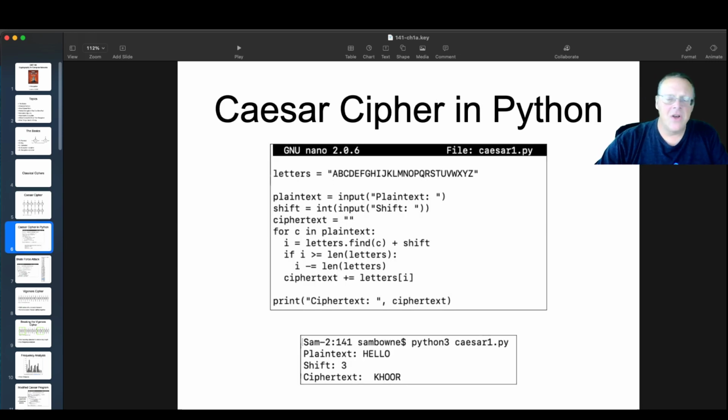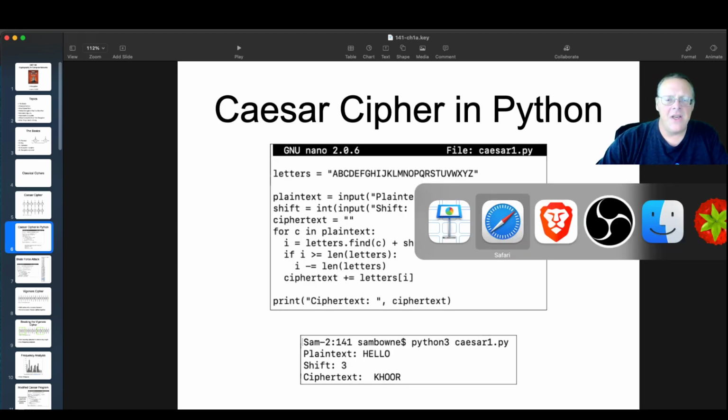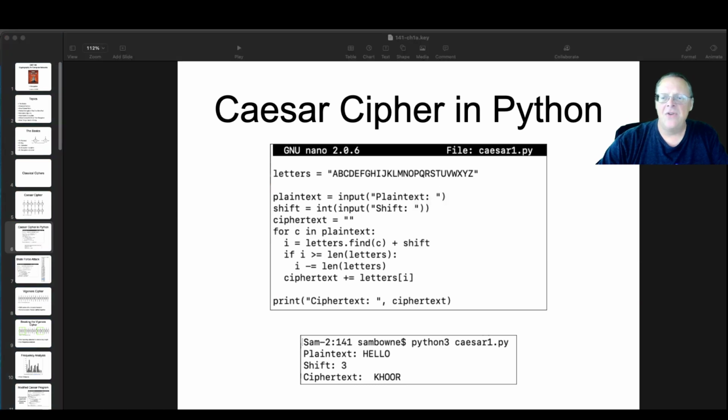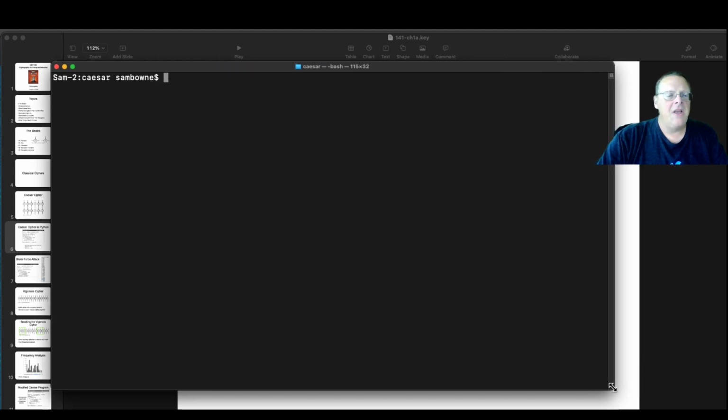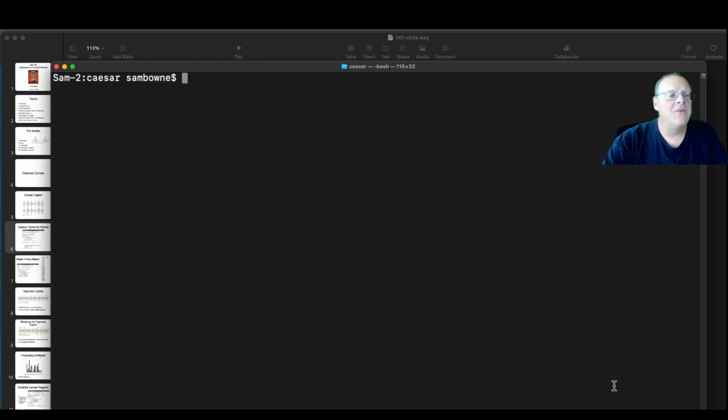So you can do that in Python, and Python is the main tool we'll use in this class to do these simple encryptions. It's a very good way to learn. Python is so easy to use that you don't actually have to know hardly any coding to do it. So it's pretty much like the language I started with, BASIC, where you can just sort of read the code pretty directly. So if we do nano Caesar 1,